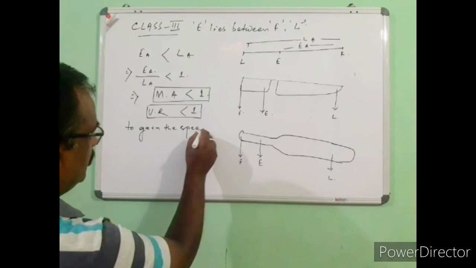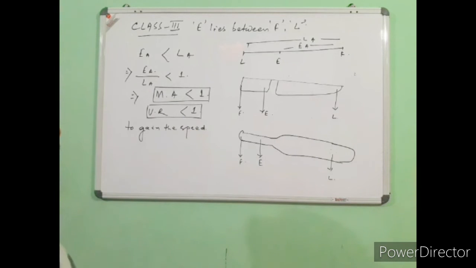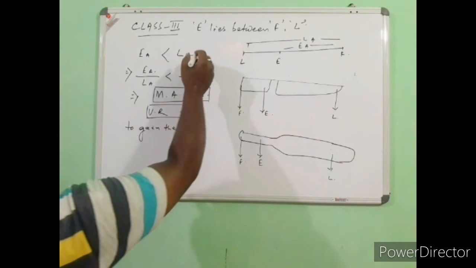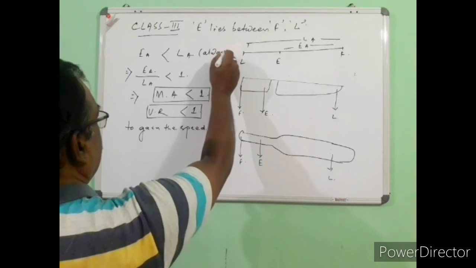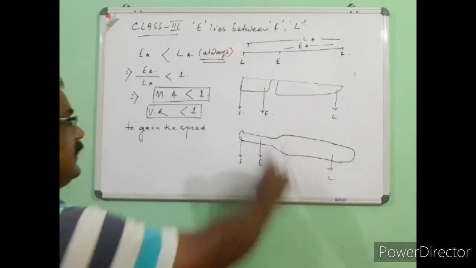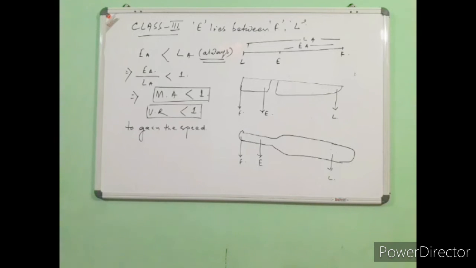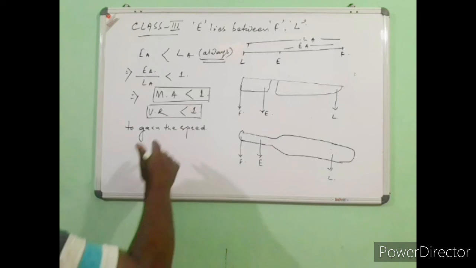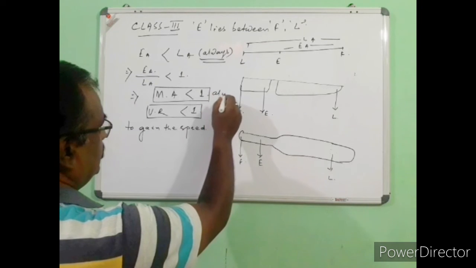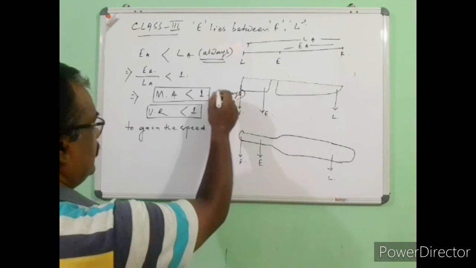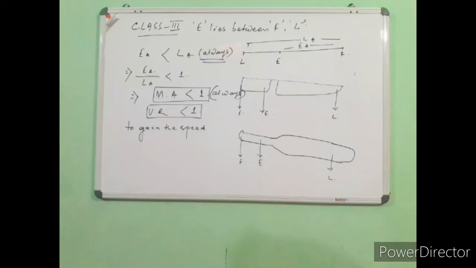Now remember that this is a case where effort arm is less than load arm always. Just like the class 2 lever, here also the word "always" gives more emphasis to that particular question. Now here mechanical advantage is less than 1 always. So in a question it may come: give an example of a machine where the mechanical advantage is always